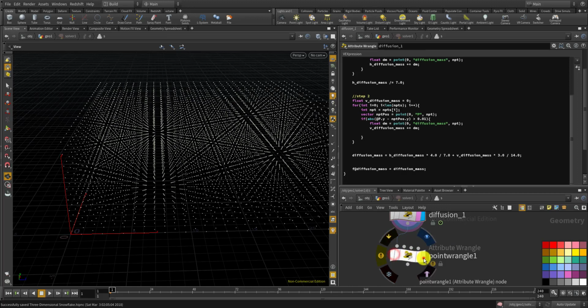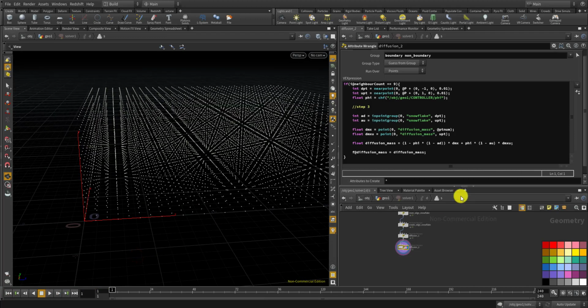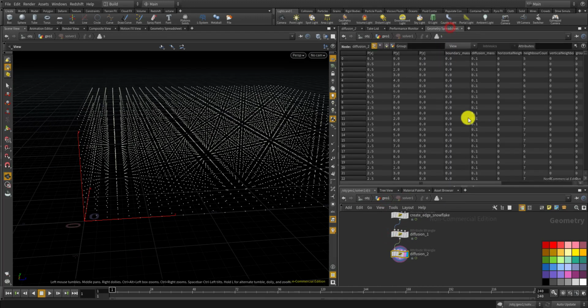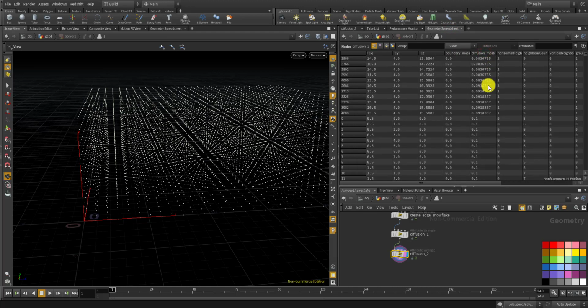Well, now that it works, let's rename the step 3 to be diffusion 2, and this seems to work just fine, I think. Maybe not. Yeah, maybe yes. Okay, seems okay. And look, if you look at the diffusion mass, some value changes based on the neighbor value,